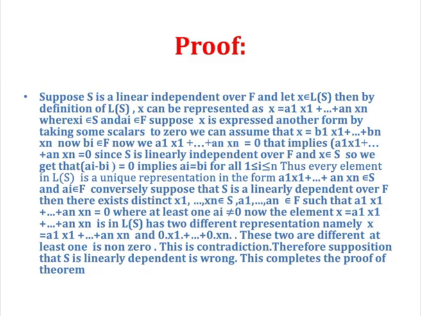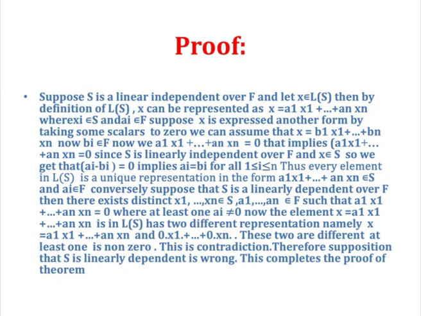Conversely, suppose that S is linearly dependent over F. Then there exist distinct x1, x2, etc. xn belonging to S, and a1, a2, etc. an belonging to F, where F means field, such that a1 x1 plus a2 x2 so on an xn equal to 0, where at least one ai is not equal to 0. Now the element x equal to a1 x1 plus a2 x2 etc. an xn